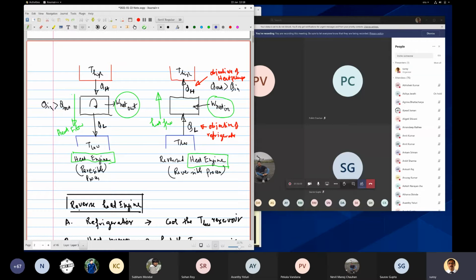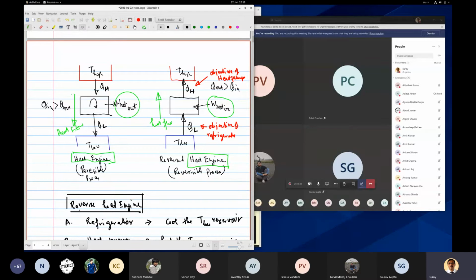So this heat engine, suppose we have a reverse heat engine. That is also a reversible process. Reverse heat engine and reversible process, they're two different things, right? The process is reversible. So a reverse heat engine is also a reversible process, and a heat engine is also a reversible process. What is a reverse heat engine? In that case, the heat flow is from a lower temperature to a higher temperature. So that is called the reverse heat engine.